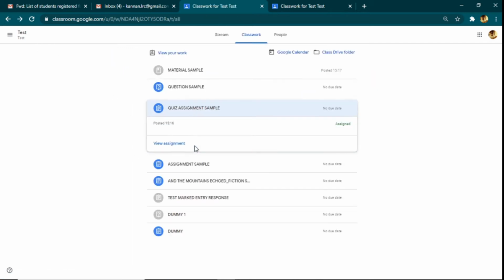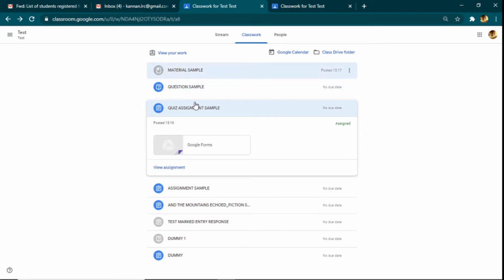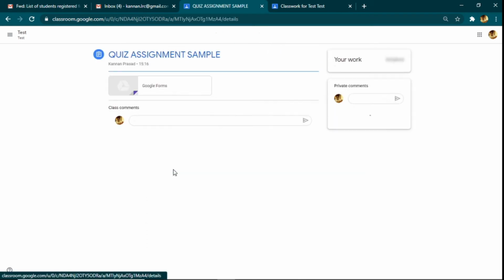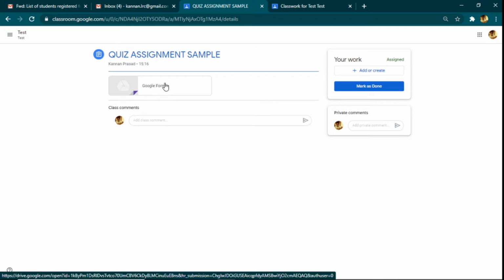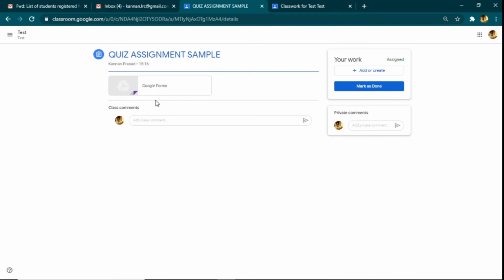So I'm going to click on quiz assignment, and this is how the students will be looking at it. So I click on quiz assignment. When you click on quiz assignment, look at that. There is a file called Google Forms, right? Now you should also be very proficient. Most of you should be proficient in using a Google form. Even if you are not, I think you could easily take it up, right? As soon as we start with our coursework, I'm very sure you'll learn about it.